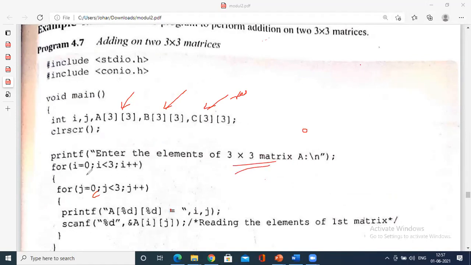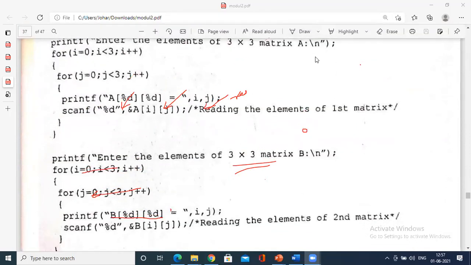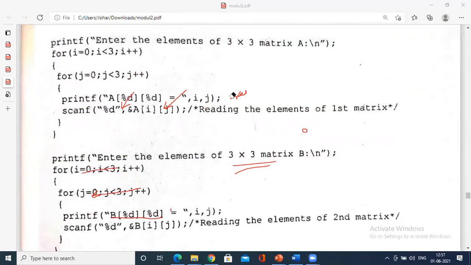You enter the outer for loop, inner for loop, and store the elements into the matrix A of 0, A of 1 as previously stored. You have done this previously, so I'll not go into detail. You need to go through this program and the first for loop to store. Similarly, you store the second matrix with an outer for loop and inner for loop.